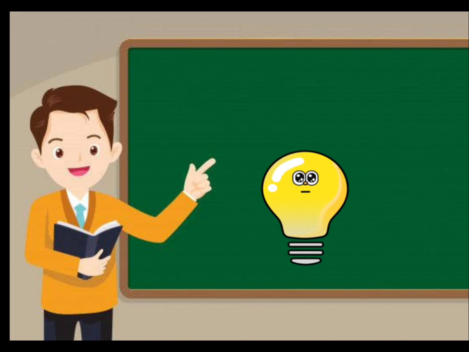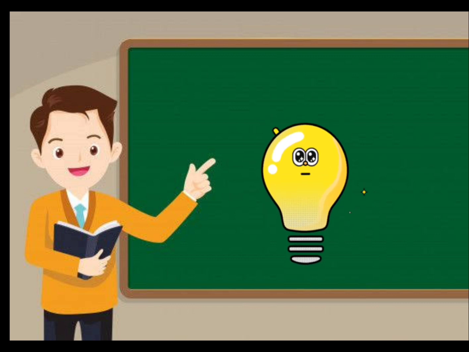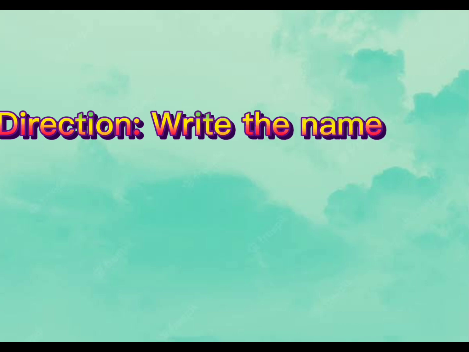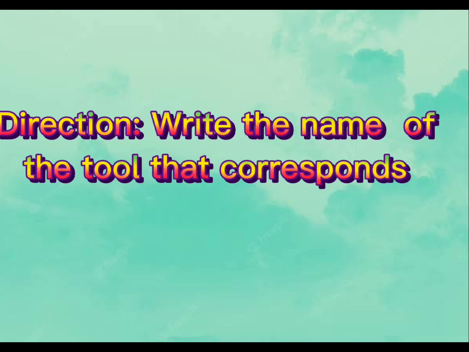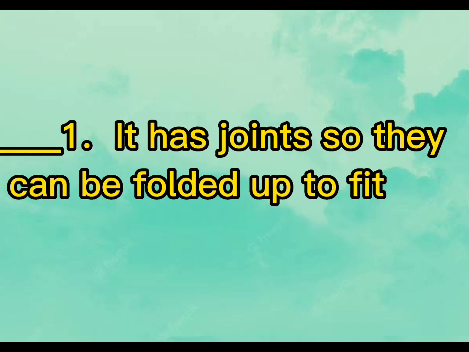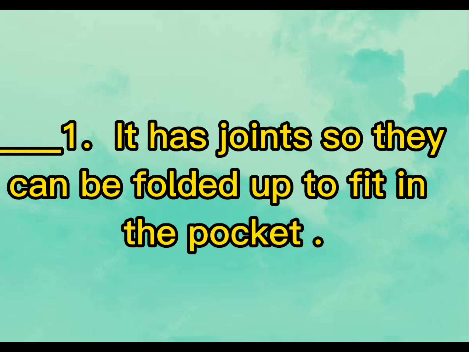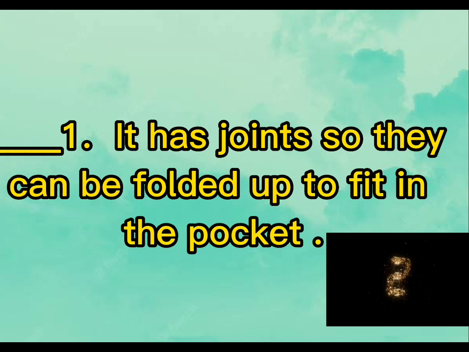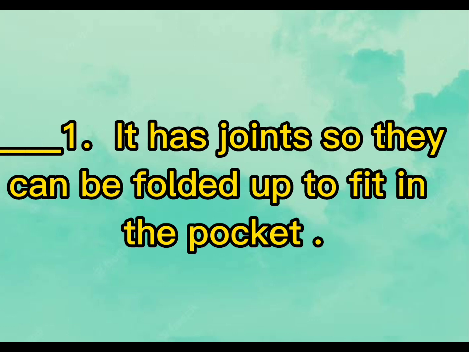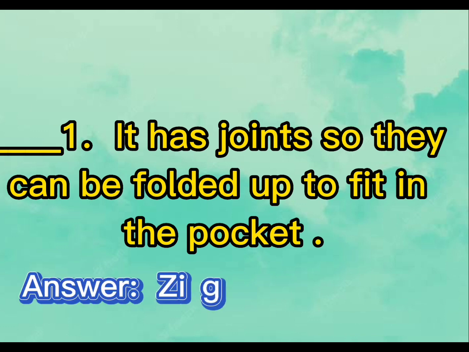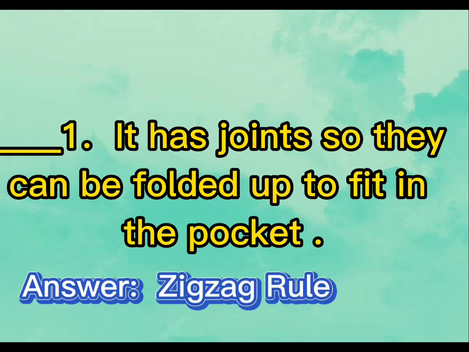Let us check if we achieved our objectives by answering the post-test. Direction. Write the name of the tool that corresponds to the given description. Number 1. It has joints so they can be folded up to fit in the pocket. Timer starts now. 3, 2, 1. What is your answer? The correct answer is